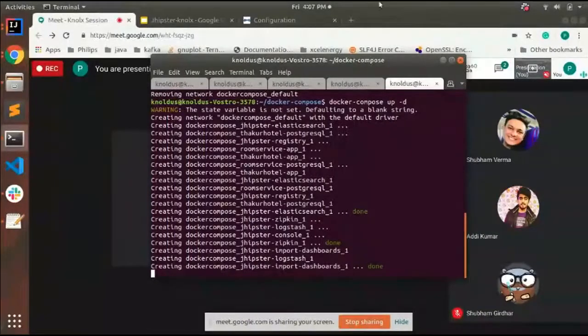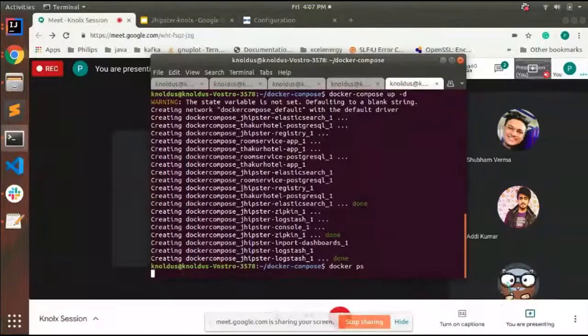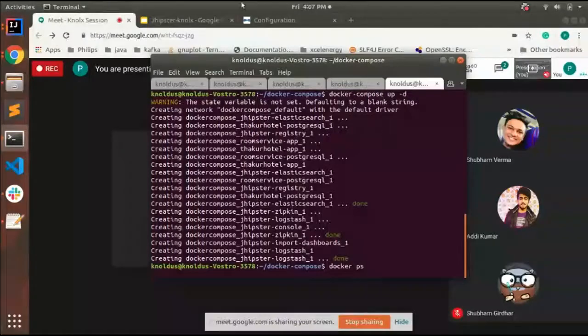When we run the command docker-compose up, it will bring up all the things: JHipster registry, hotel service, hotel gateway, and the room service. So from here we can see all the images that are started.